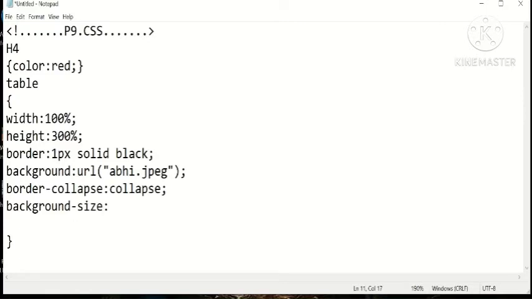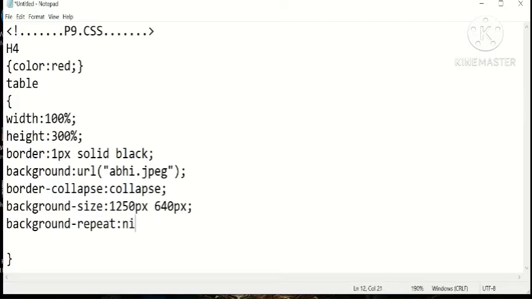We need to specify the size of the image in terms of pixels, so that maximum of the table is covered, maximum of the web page, and most of the image appears.